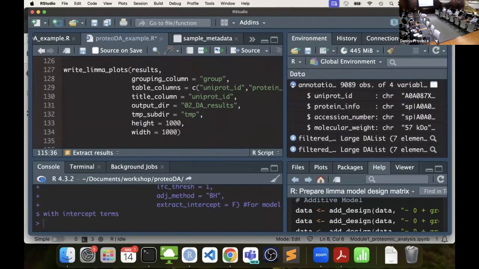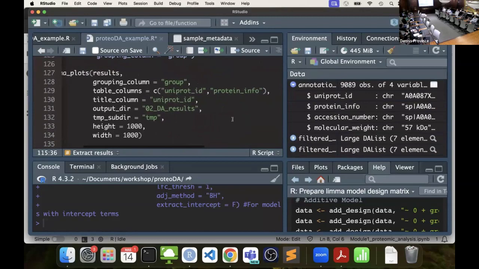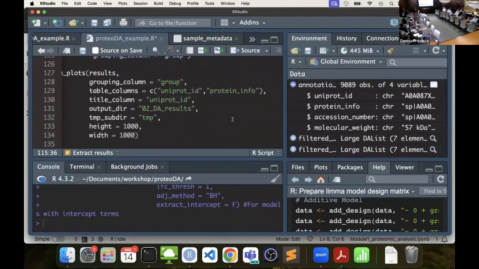So in our annotate, and this changes by program. MaxQuant has a specific standard output and Spectronaut has a different one. They have different labels for protein accession numbers and descriptions. So whatever you have in your annotation file, those 4 columns are what is going to be listed as the table column names. And that's what's going to pop up in your HTML file at the end. So whatever you want to see in that final report should go here, but it has to be very specific